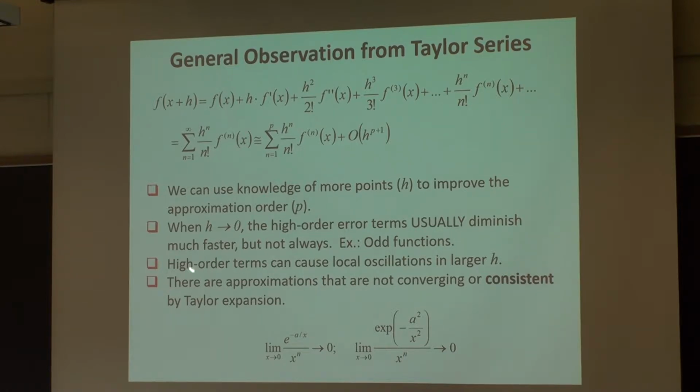Higher order terms can also approximate better. But many times higher order terms can oscillate, right? You approximate a function with a higher order polynomial, and higher order polynomials have oscillations. That can happen. That's just a caveat, but it's not the critical thing now. The critical thing is that we know that h can be used to improve the accuracy. p, the order of the function, can be used to improve the approximation error. It's two central messages, although there are caveats.